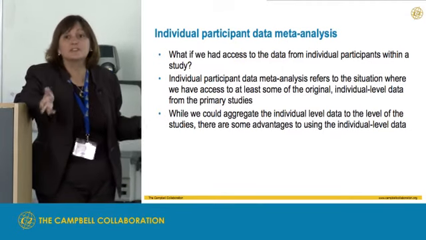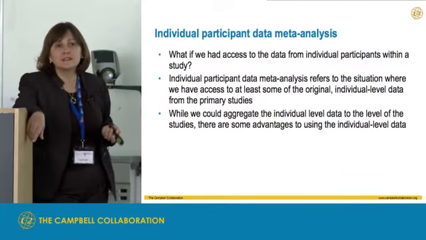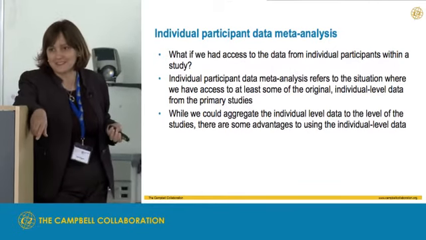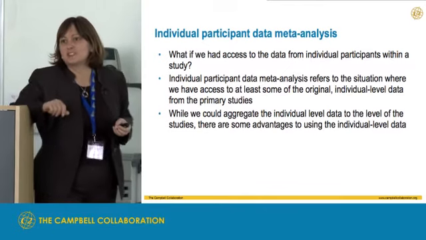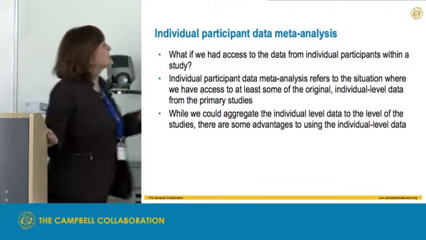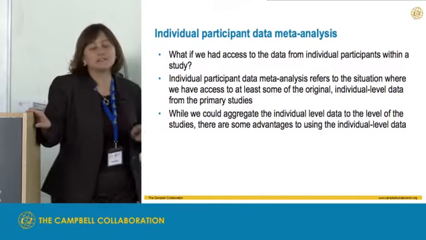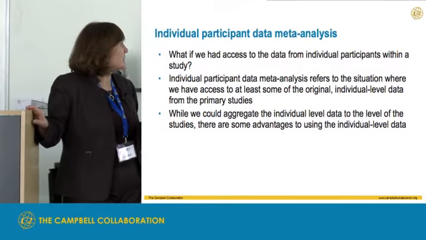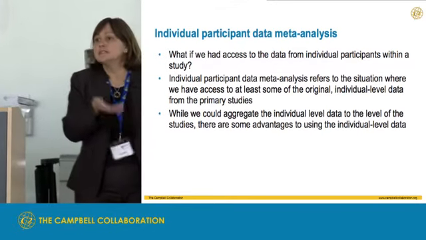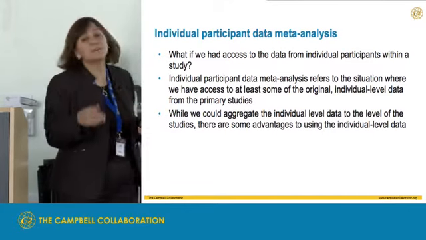So the question is, what if we had access to data from the individual level? What if we had the original data from the studies itself? Individual participant data meta-analysis, or in medicine, individual patient data meta-analysis, but we've changed patient to participant for the social sciences, refers to the situation where we have access to at least some of the original individual-level data from the primary studies. While we could just take that primary data and aggregate it up to the level of the study and then pretend we have just a bunch of studies,